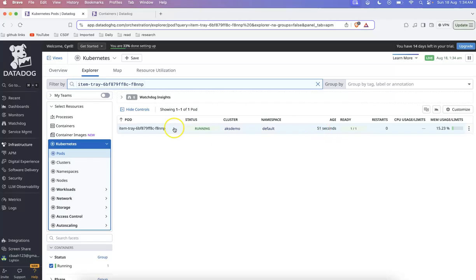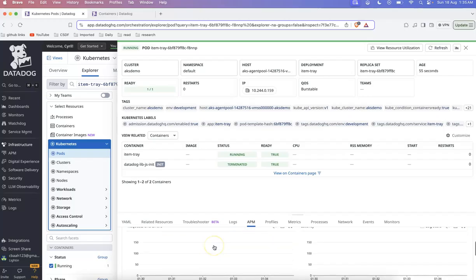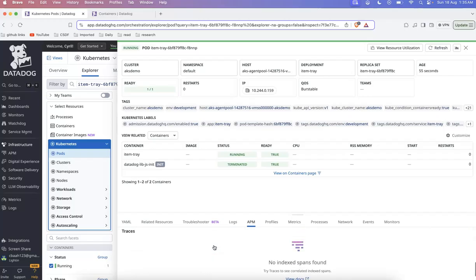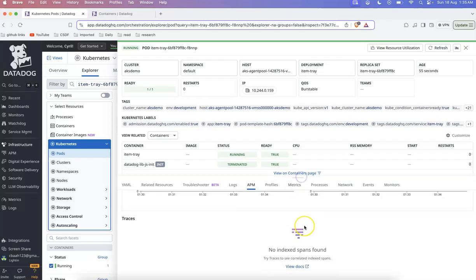So some few seconds ago. So we click on that, and now let's check if it's been instrumented. Okay, so this is it. But we are not seeing any logs. We are not seeing any logs yet. So what we'll do is we'll